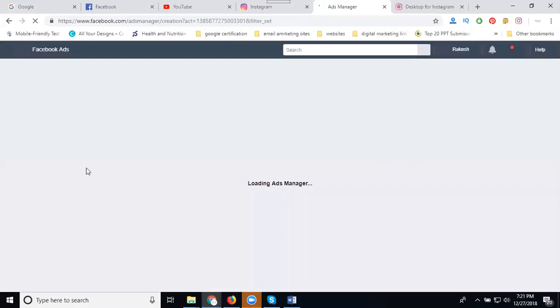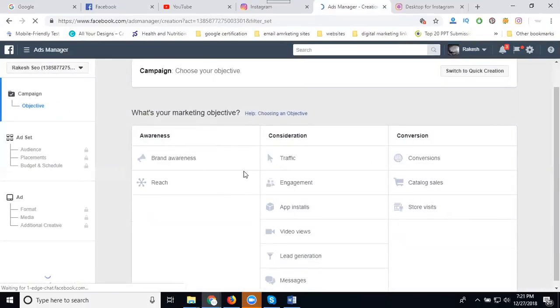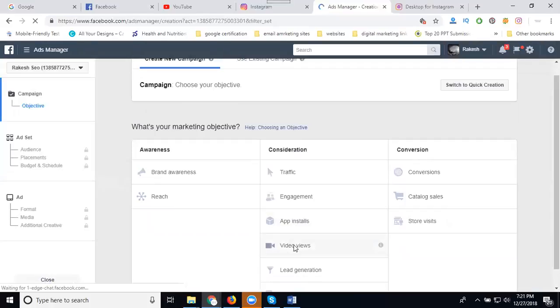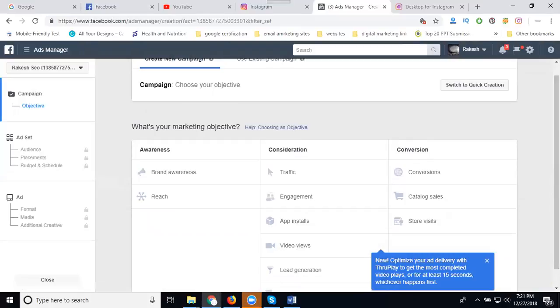So if anybody asks whether you can create Instagram video ads, they finally convert from business.instagram.com to where? To the Facebook account, which is called Facebook Ads Manager. It is the same as paid video views to start Instagram video ads. If people ask, can you create Instagram video ads? Yes, by using Facebook Ads Manager.